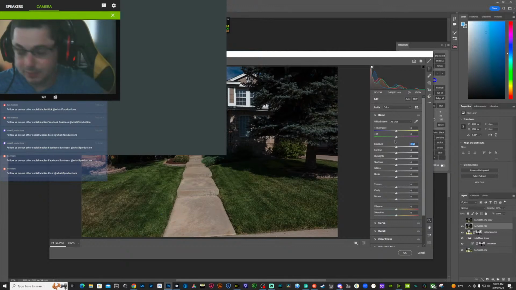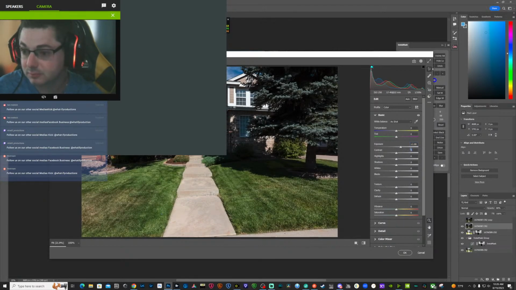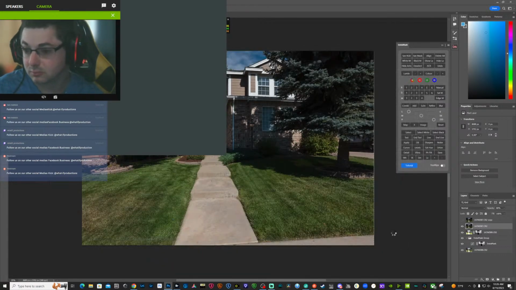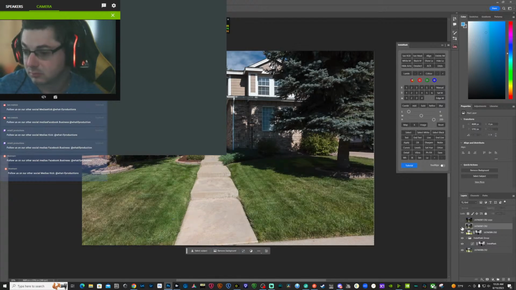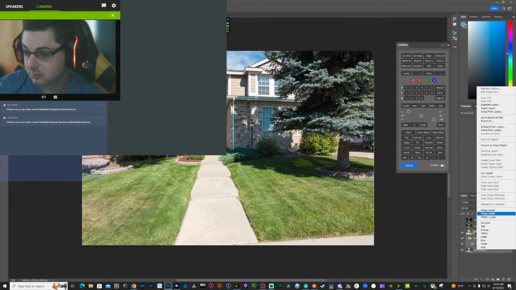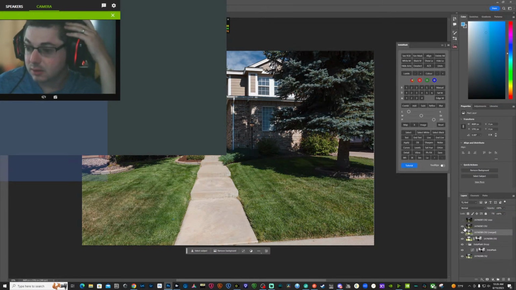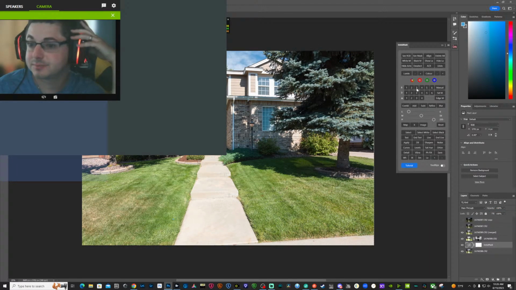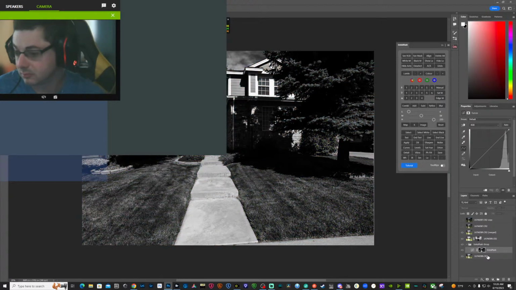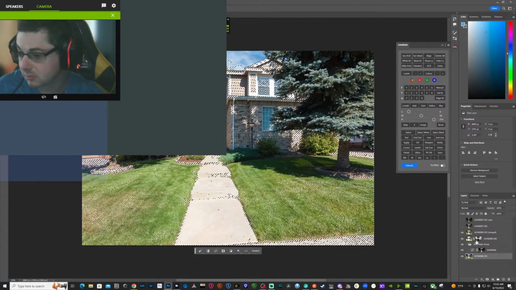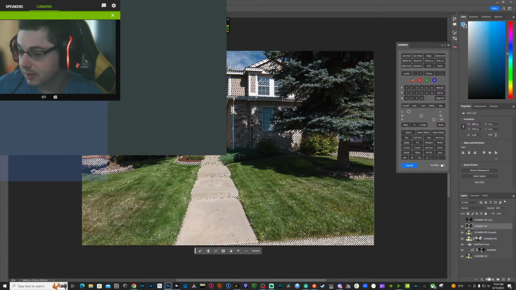Let's go up a stop on this. And let's select our brights. We're just going to layer that in.